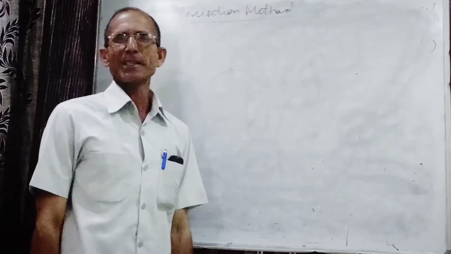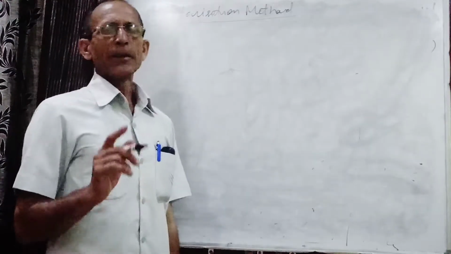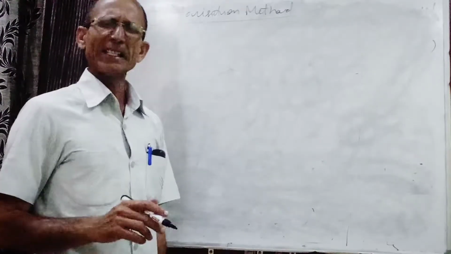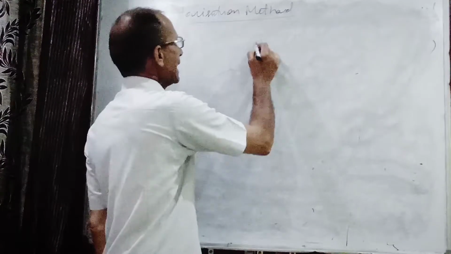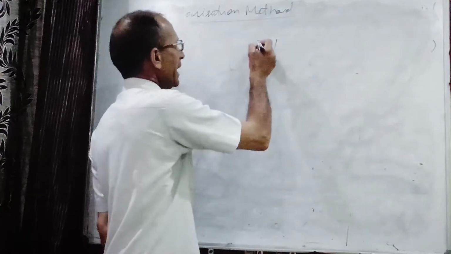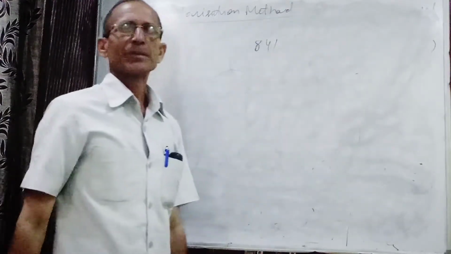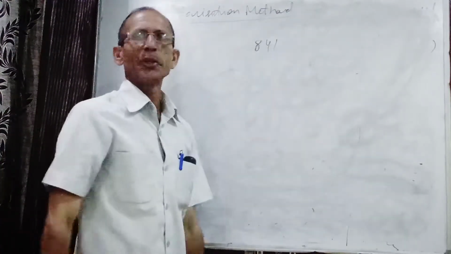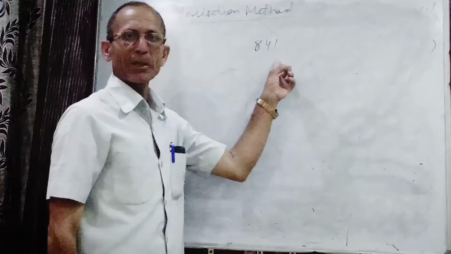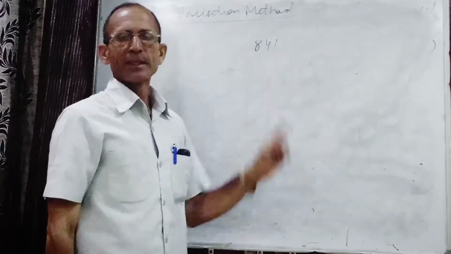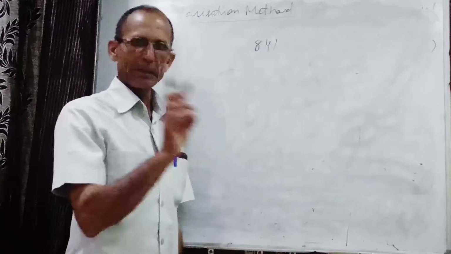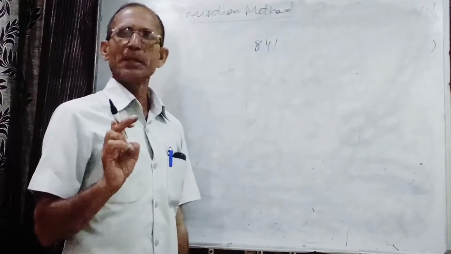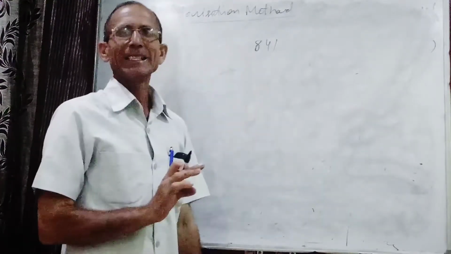What is the factorization method? First of all, make the prime factors of the given number. For example, take any number. I am taking 841. I will make prime factors. This number is not divisible by 2, seeing that the last digit is 1. To check whether a number is divisible by 2 or not: if the last digit is 0 or even, then the number will be divisible by 2. So no need to take 2.